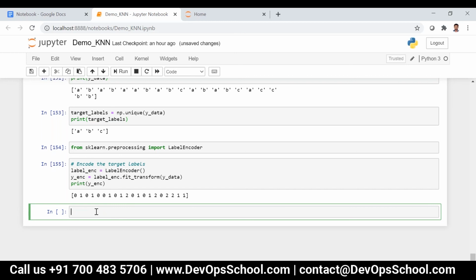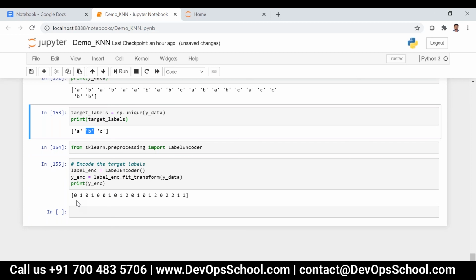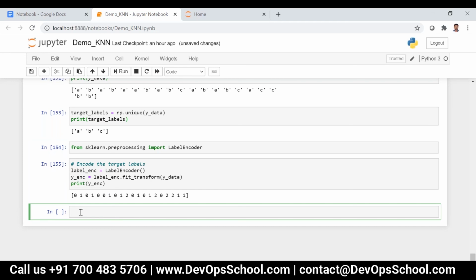Before that, we need to map it, because if we are getting 2, we should know it is C. If we are getting 1, it is B. If we are getting 0, it is A. For that, I can write target_enc equal to np.unique of y_encoded.